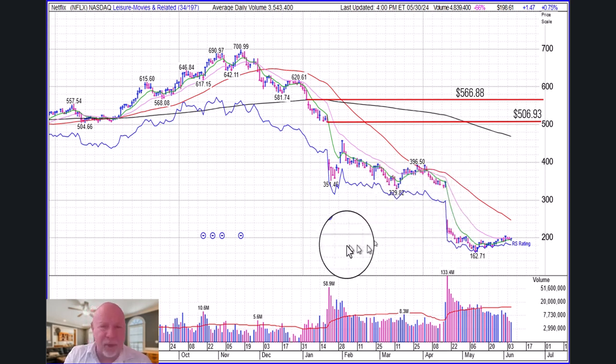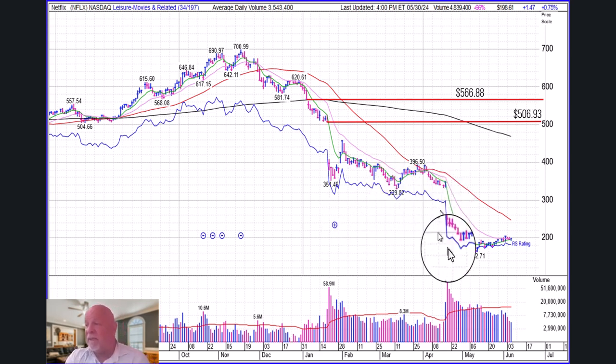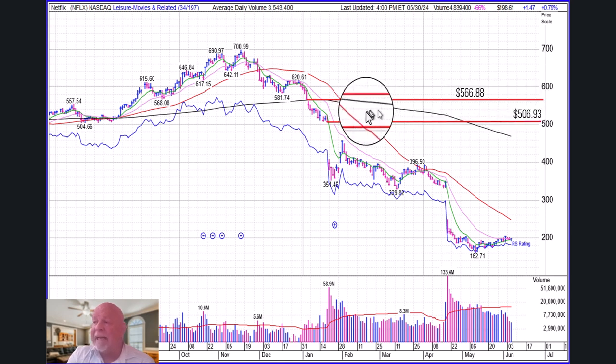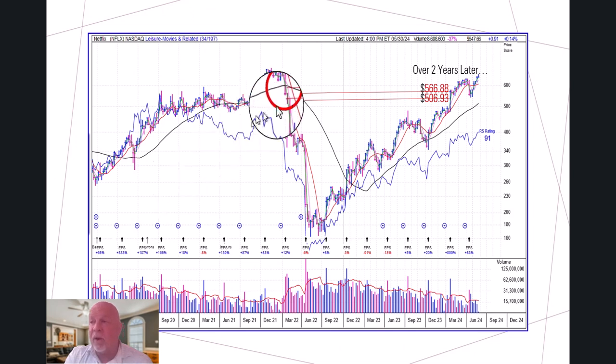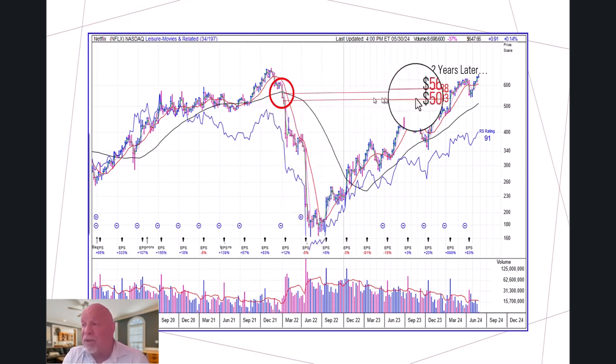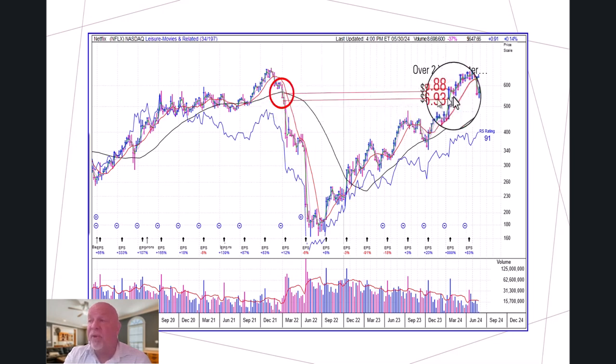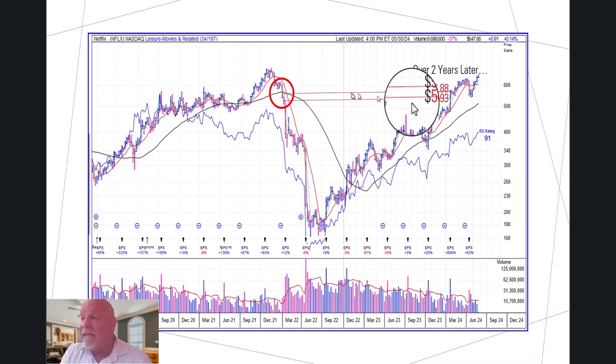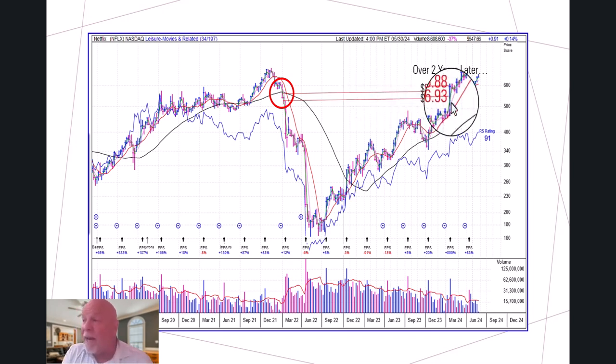And this stock just tanked. There's gaps all over the chart on this stock. You can see them all over the chart. But the reason I highlighted these two is because it was 2 years. Now I'm going to show you a weekly chart. This is where those two gaps happened that I highlighted. And I put it on a weekly chart so that you could see how long it took. It took 2+ years for those two gaps at 506.93 and 566.88 to get filled. And they got filled in the same week. And then that stock kind of came back a little bit and is just now taken off and gone higher.